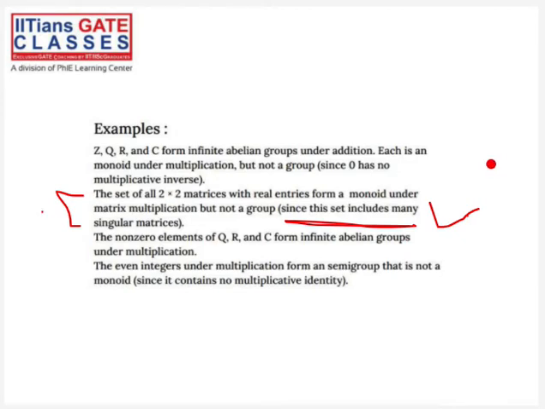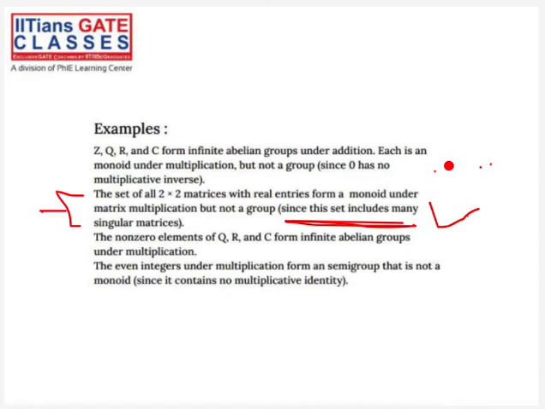Okay, so you can watch the previous recordings and make yourself comfortable, and then you can solve this question. This question I have given the solution. You can see this solution is given. The reason is also given. The reason why inverse does not exist is because all the singular matrices will not have inverse. What is a singular matrix? A singular matrix is a matrix whose determinant is zero. It's been a long time since I have studied this linear algebra. So you can refer to the previous recording, and then you can solve this question again. Okay, so let's move on.